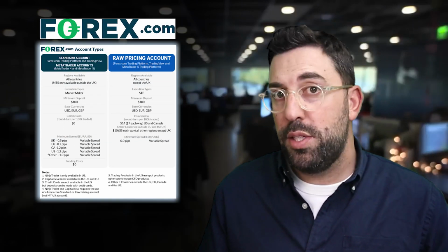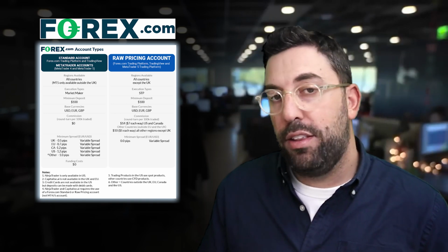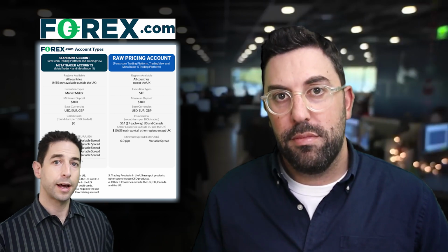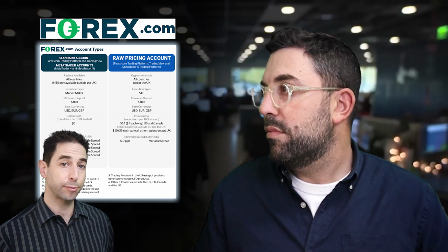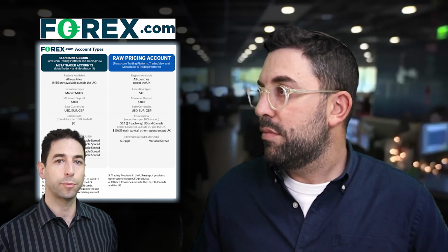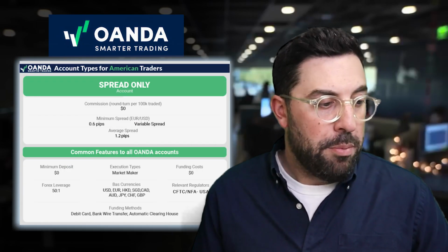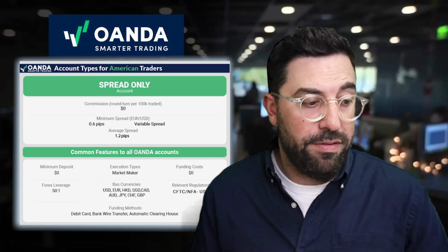Okay, at number 2 on the list we had Forex.com, and we like them for their raw account. They had the lowest spreads for MT4 in the US. So remember, there's spreads and there's commission. These more experienced traders that do stuff algorithmically generally prefer a raw account, and Forex.com has the best package for these types of traders. And at number 1 on the list, our best US-based Forex broker offering MT4 in 2025